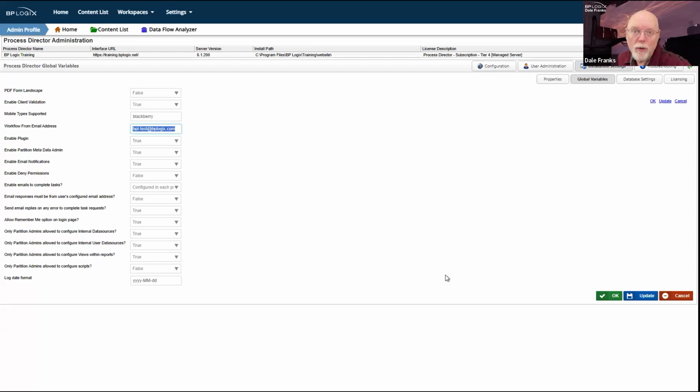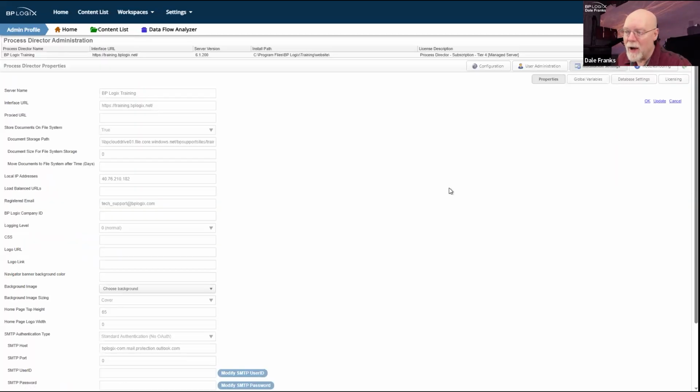And if you do, then that is the from email address that will be used for that specific notification, and it will skip this one. But if I don't have a workflow from email address, and I haven't specified a from email address in the email data control of an email template, then my final fallback is the registered email address here.